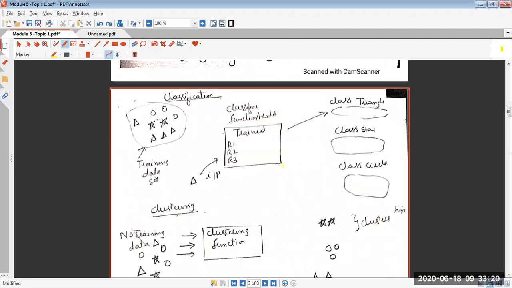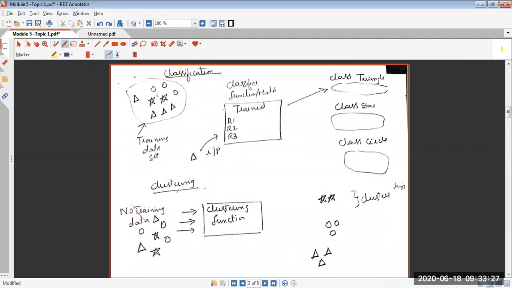So whatever theoretical concept I explained in the previous two pages, I have summarized it in a graphical format. You can see. So the previous discussion was related to taking the flow from classification to clustering. Module 4, we dealt with classification. We saw classification concepts and three major mechanisms in classification, which was a decision tree, rule based classifier and nearest neighbor based classifier. Okay. So how it works, I have put it graphically.